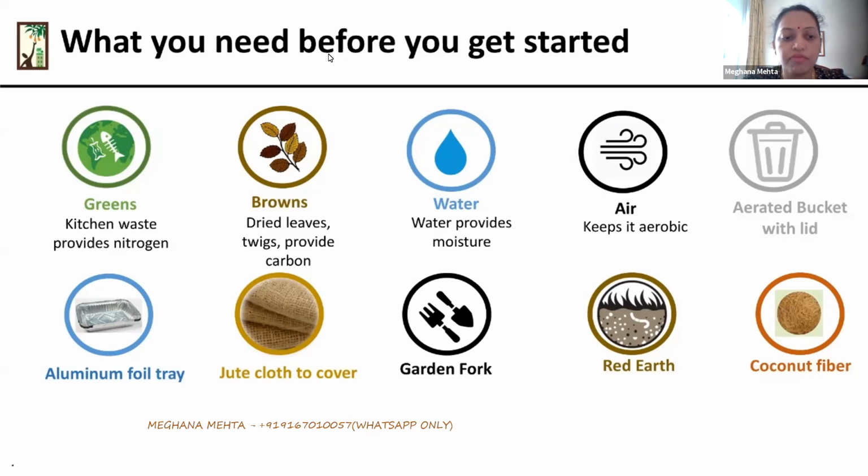And then we need an aluminum foil. Now, what is that for? Now the greens, that is the kitchen waste that we have, suppose cucumber peels or fruit peels, we need to dry for a day. They are generally very moist, so we just dry them a bit so that they don't attract any insects. So we have the aluminum foil in which we'll dry it out in the sun. This is generally kept in our balcony or outside our window to dry it.